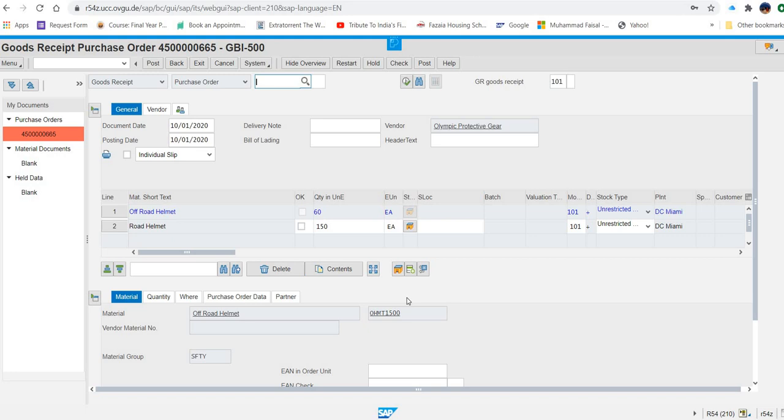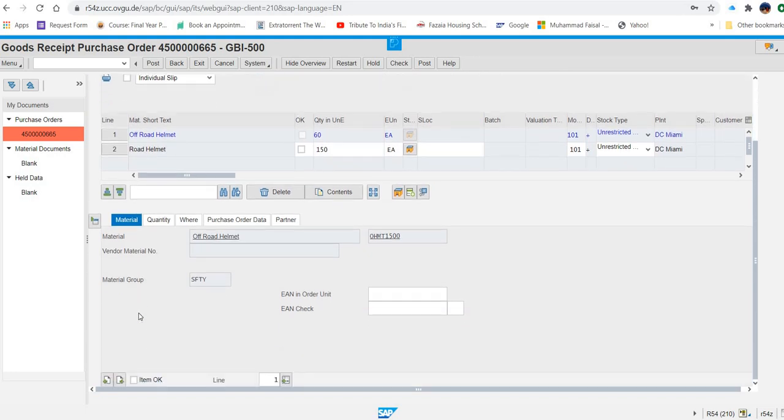So for this, there is a trick. I'm telling you the trick, and it is also mentioned in the exercise. If a line is grayed out, minimize the item detail data by selecting this. So where is the item detail data? Here is the item detail data. Where is the item detail data? Here.